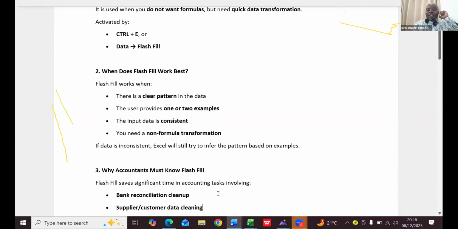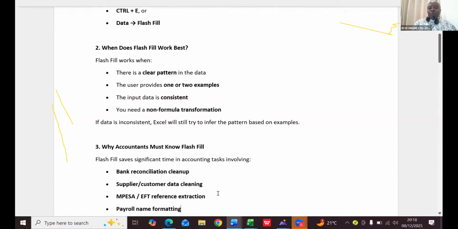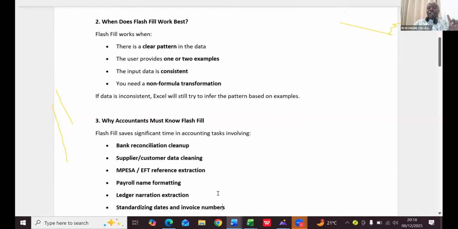Why must accountants know Flash Fill? I normally use Flash Fill at my workplace, especially in my audit firm every other day, because I run an audit firm by the name of Aura and Co. Flash Fill saves significant time in accounting tasks involving bank reconciliation cleanup, supplier and customer data cleaning, M-Pesa EFT reference extraction,